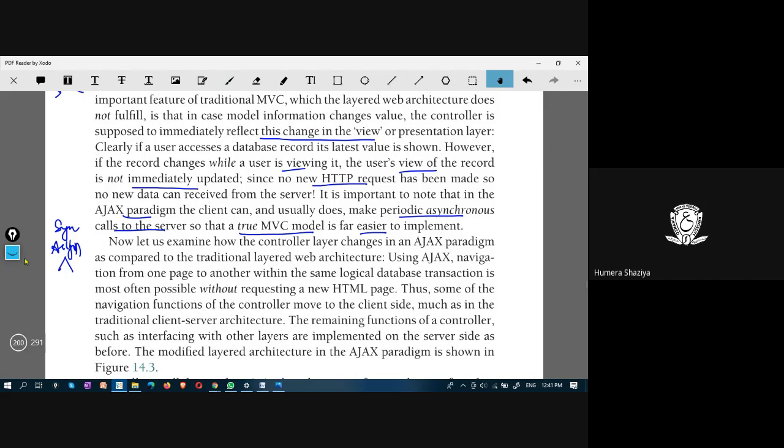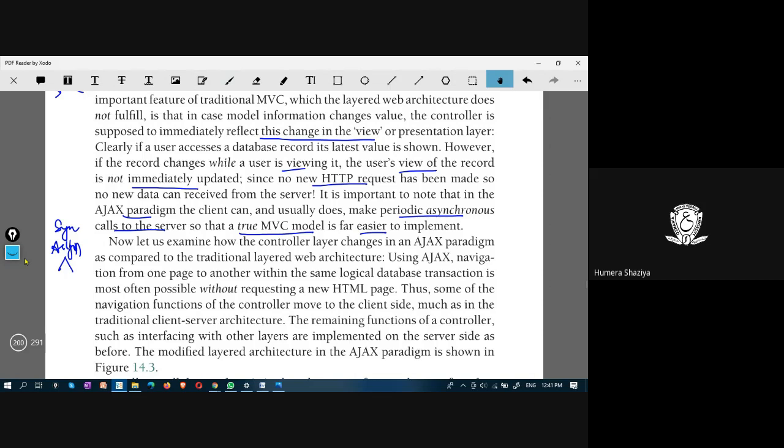You need not be active or alive at that time. It will be stored somewhere, and later, whenever you log in, you get that. So inherently, this asynchronous nature is quite useful because of not having both the parties live at the same time. That is asynchronous.